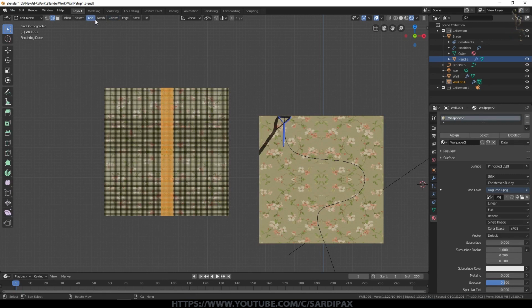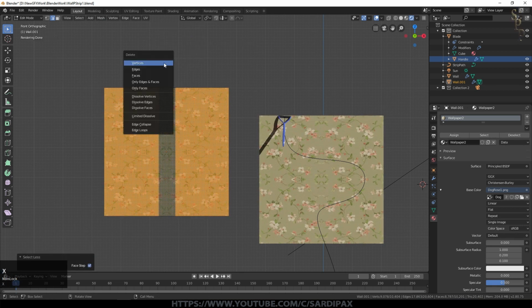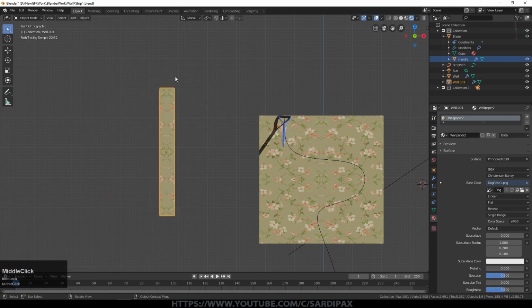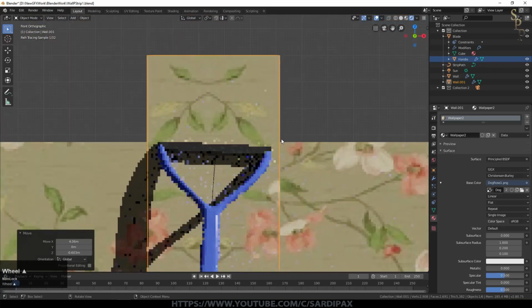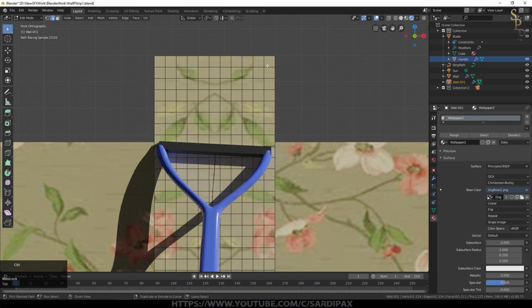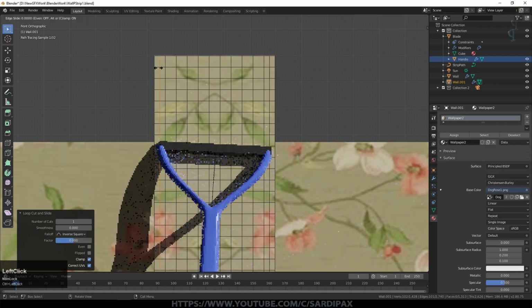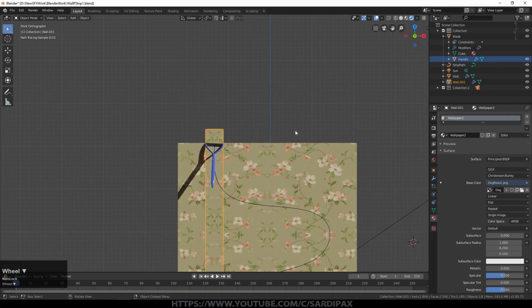And then come up to select, invert, and delete vertices. I think I need to make that slightly bigger, and now delete vertices. There we go. So let's have a look at that. Possibly too big. I'm really just comparing it to the size. So let's remove those vertices. And it doesn't matter too much, but I'm just going to take off these edges like that. So I've got a strip of wallpaper.